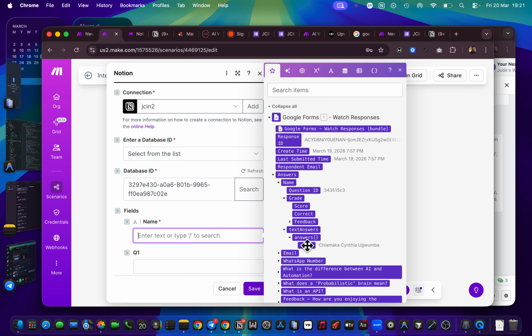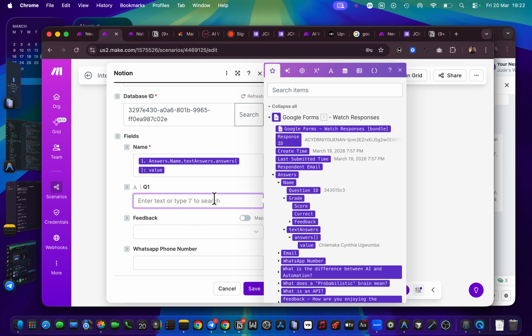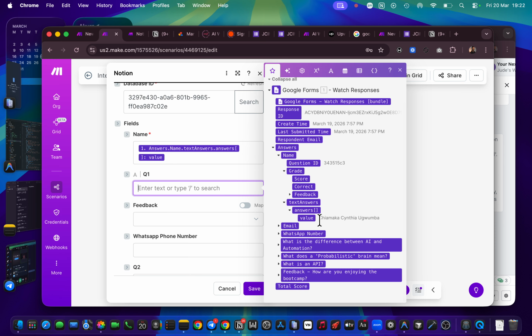So we pick the value here for the name. That's the only thing you should map into. When you click it, it's going to add there. For question 1, everything is shuffled here, so we have to look for question 1, and our question 1 was: what's the difference between AI and automation.